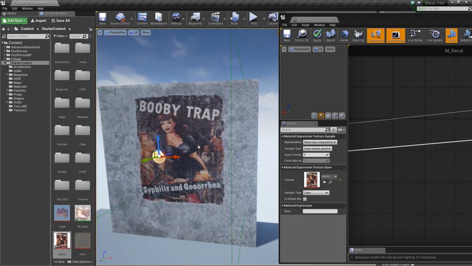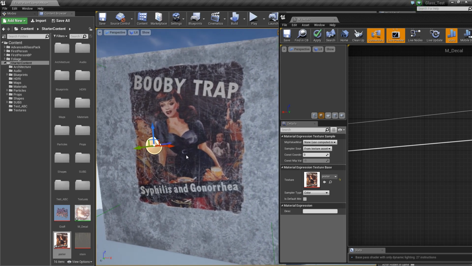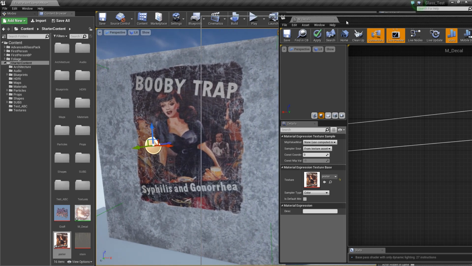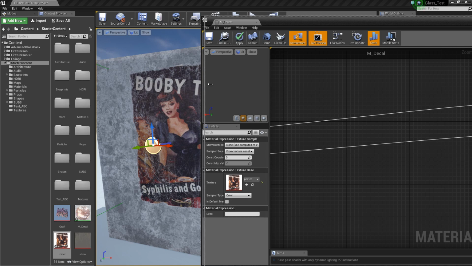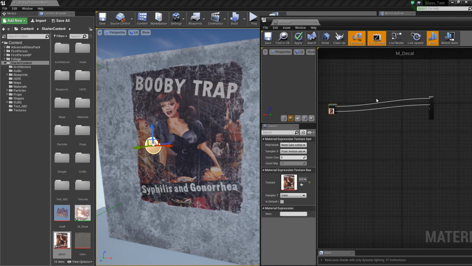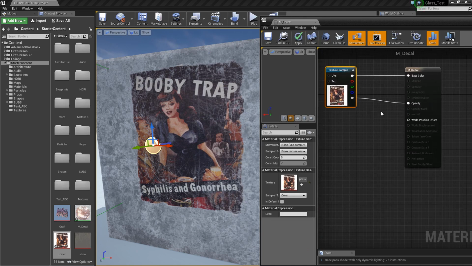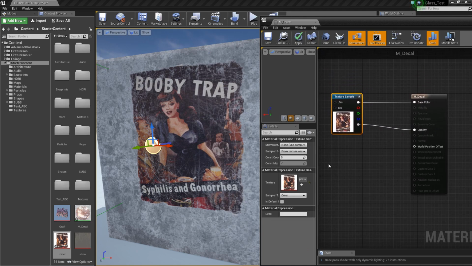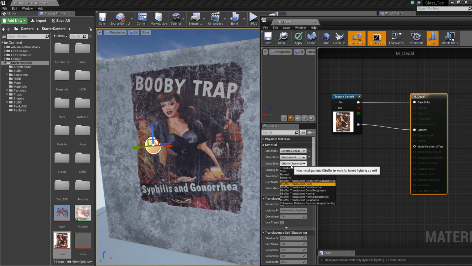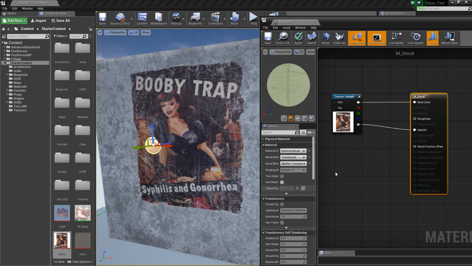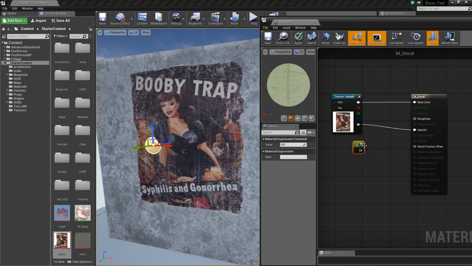Yep, so that's it then. I did go over this in the first part, so if you want to check out the first part, this is just giving more examples of what you can do. So you could turn this to color and roughness, and then I could just press 1 to get a scalar value, plug it into the roughness,